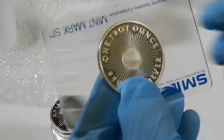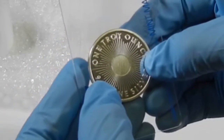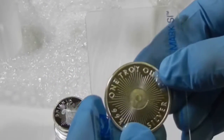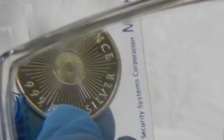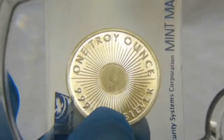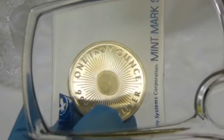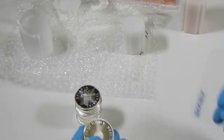Anyway, then if you rotate it like 90 degrees or something, it'll make the giant sunburst. That might be as good as I can get the sunburst, but I can't tell if that's good visible on the camera or not, though. If it's not good when I go to edit this, I'll include a photograph of it. But anyway,